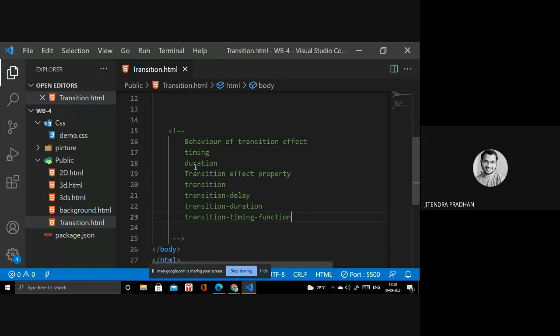If you apply 2 seconds, the task will be performed in 2 seconds. If you give 10 seconds, it will go slowly and complete the task. This is the transition duration.